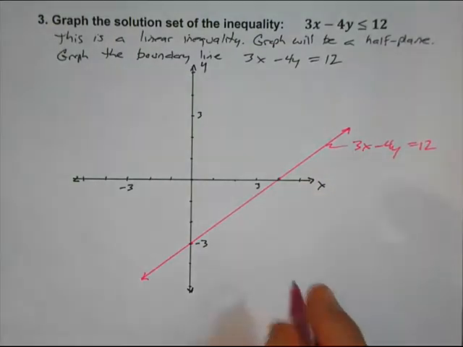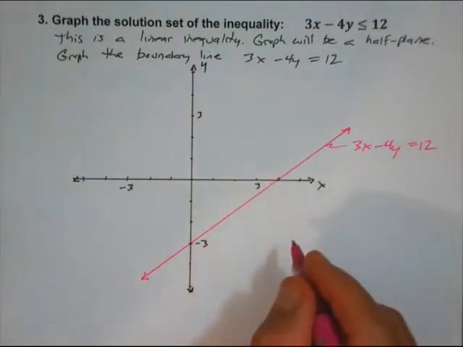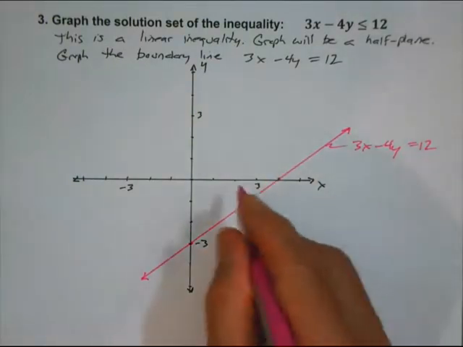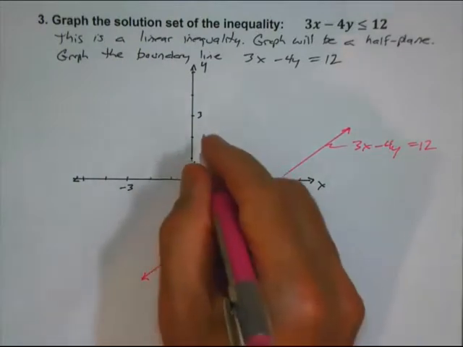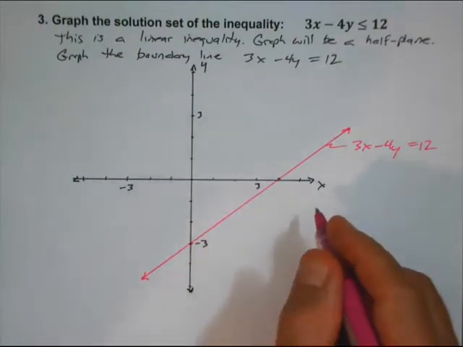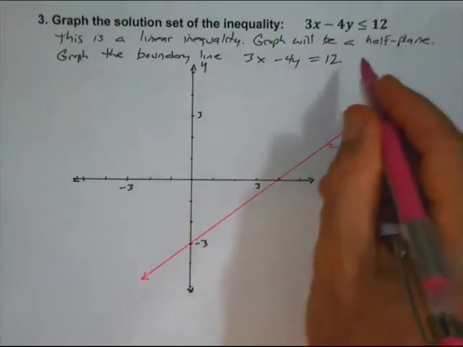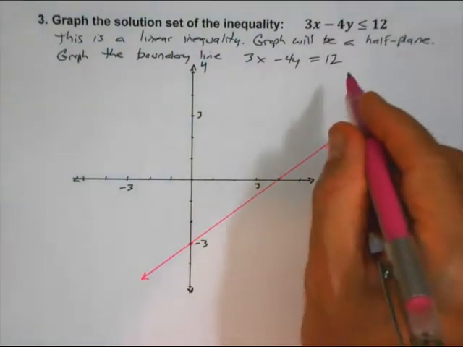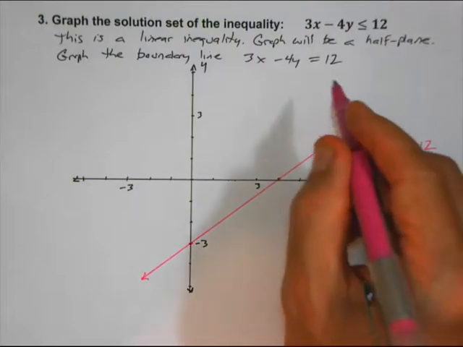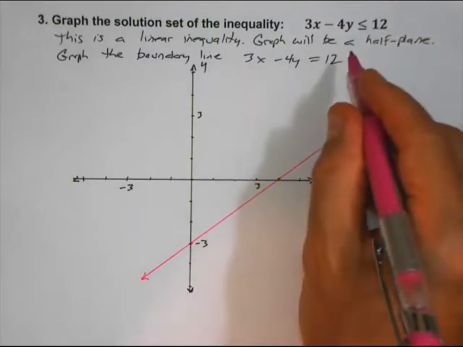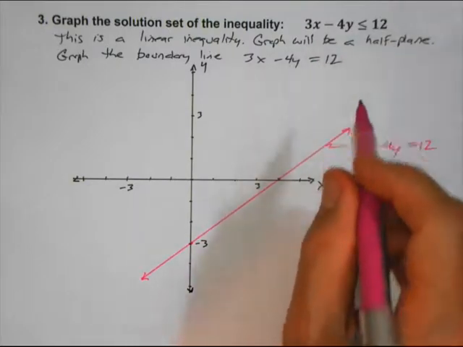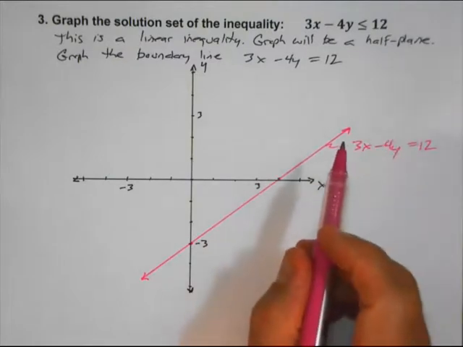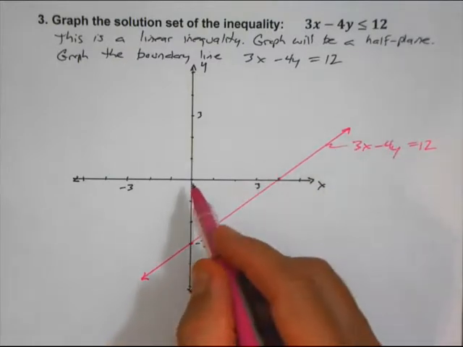Now, which side of the line shall we shade? We know it's a half plane, so we know it's one side of the line or the other. In this case, we don't have a y isolated, so it's not instantly obvious what above or below the line would mean. You could solve this for y. That's one way to do this. Another thing I like to do, it's faster, is I pick a test point, and I almost always pick 0, 0 when I can,